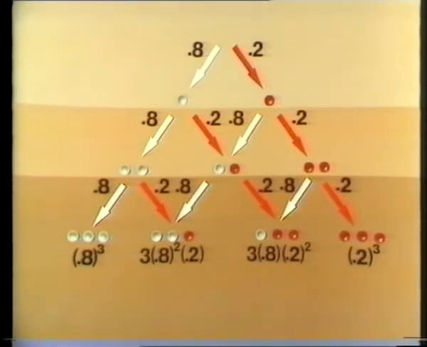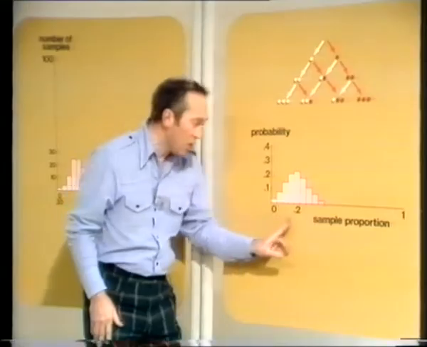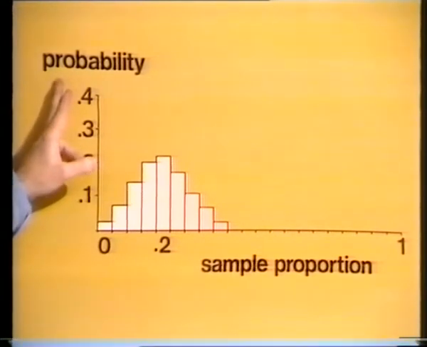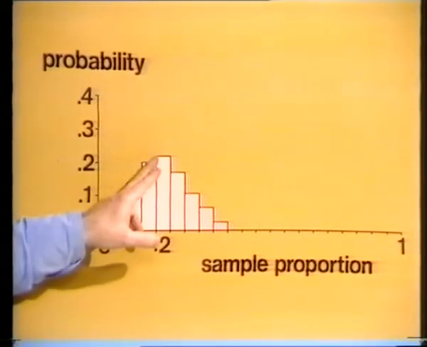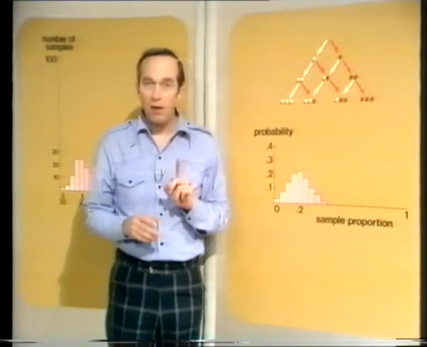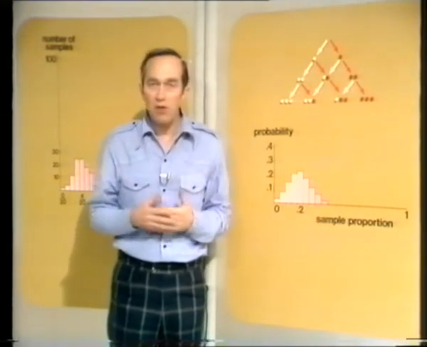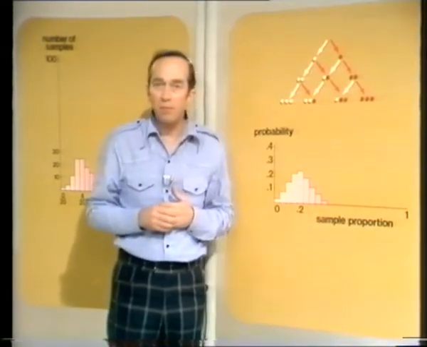And we can continue building up the binomial probability distribution until the number of beads in the sample is 20. And that's exactly what we did in order to build up this histogram here. Here again, we've got the sample proportion running from 0 to 1 along the bottom, only this time we've got probabilities up here. So the probability of getting a sample proportion of 0.2 comes out to about 0.24. Remember what probability is? A probability of 0.24 means that if you do a very large number of repetitions of the experiment, then that result will come out 0.24 of the times.